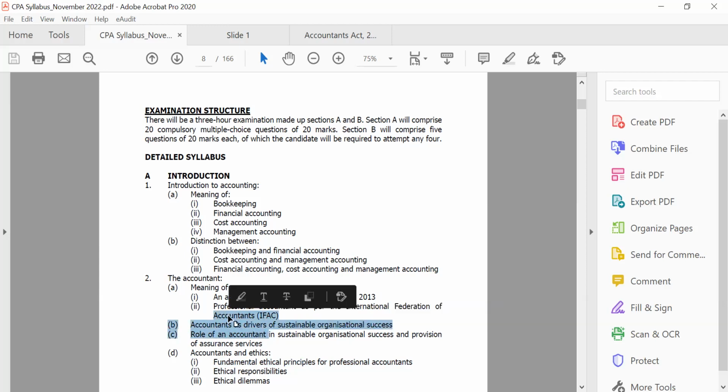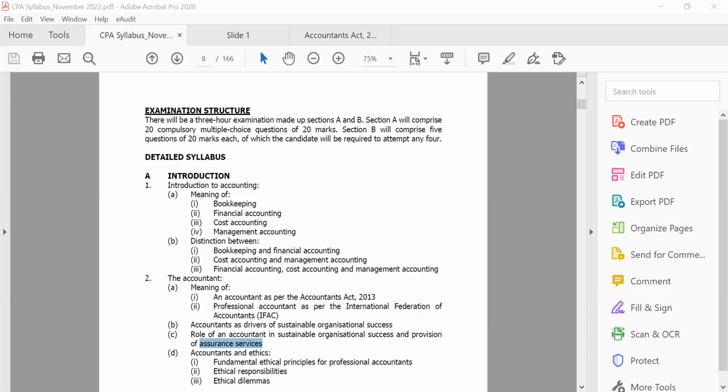Of course, as accountants, we also provide assurance services. I don't know if you've heard about this word, assurance services, but this is the work that auditors do. I work with an audit firm, and our work is around assurance, okay? We are independent people, independent professionals that provide services that help give